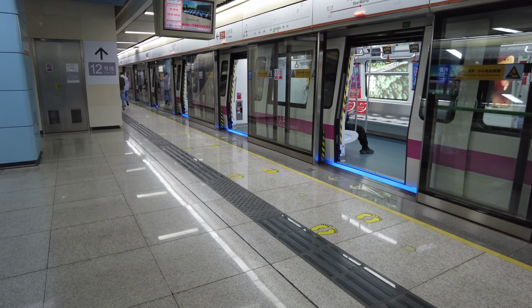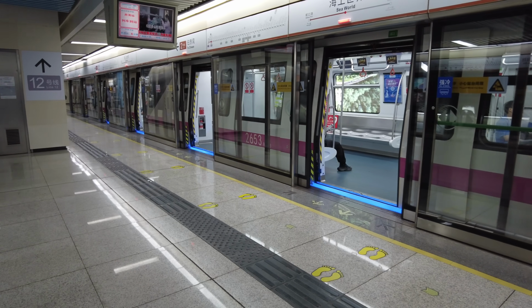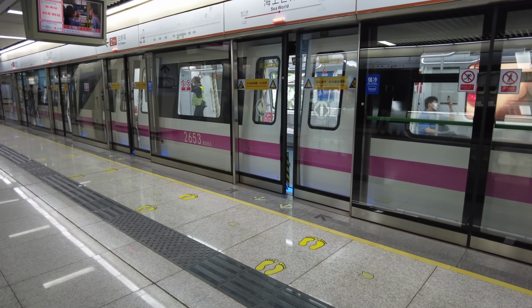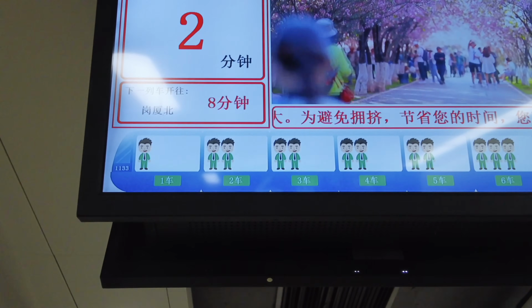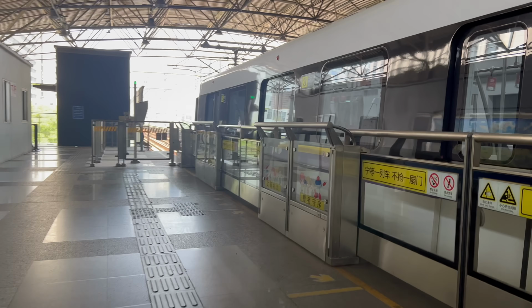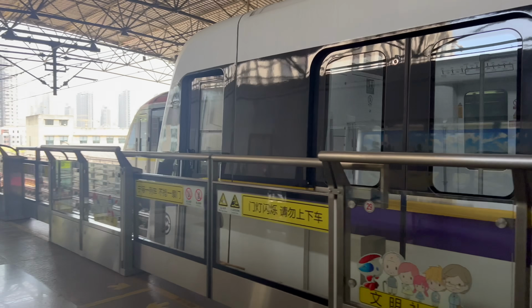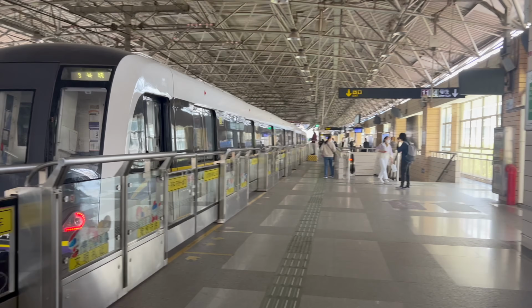We'll also find that here in Shenzhen and other major Chinese cities, the trains typically run every 4 to 6 minutes. This means that you never have to search for a timetable to know exactly when the next train is coming. If you missed a train, you will not be waiting long for the next one. Additionally, it is very rare to find two lines that share one same track. The only one that I can think of off the top of my head is line 3 and line 4 in Shanghai, and that's only at a few